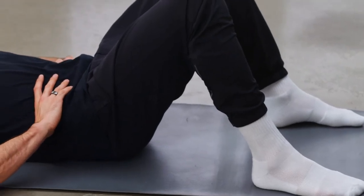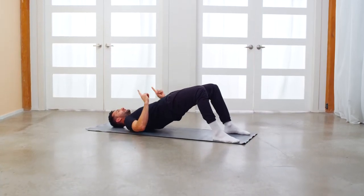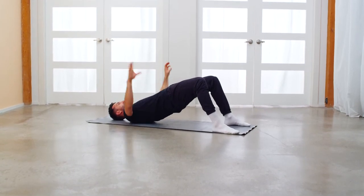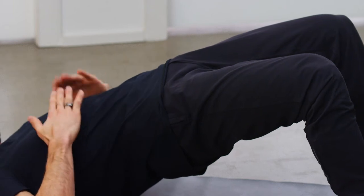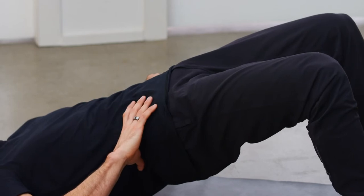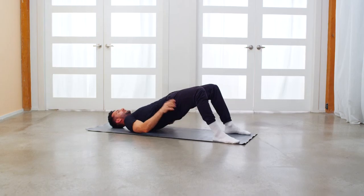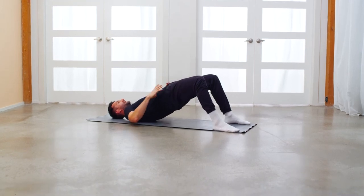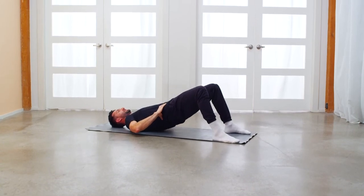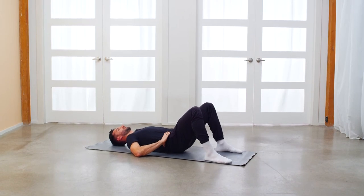From here, all I want you to do is squeeze your glutes. That's your bum driving your hips up towards the ceiling. Let's just hang out here. Things I want you to note: make sure your rib cage is staying down and not flaring up. That's going to help protect your lower back. Squeeze your bum. You're looking to continue to open up the front of the hips, just as we did on that last stretch. You can come down on an inhalation, exhale,